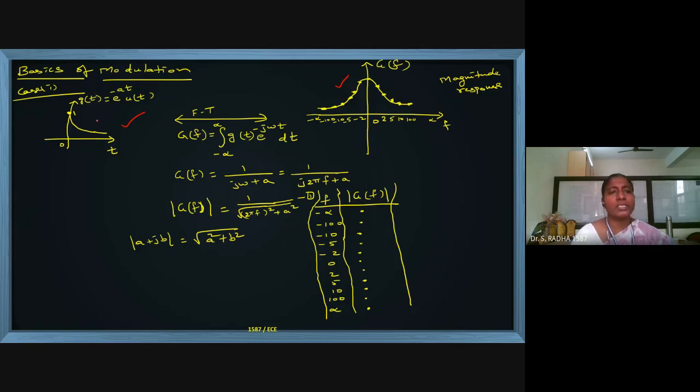In case 2, I will take a rectangular signal or a pulse signal, from minus t to plus t around the origin, and let the name of the signal be g of t itself. The x-axis is time. If you write the equation for this g of t, let me take the height as 1: the height is 1 between minus t to plus t, and the height is 0 otherwise. This is the equation for this diagram.